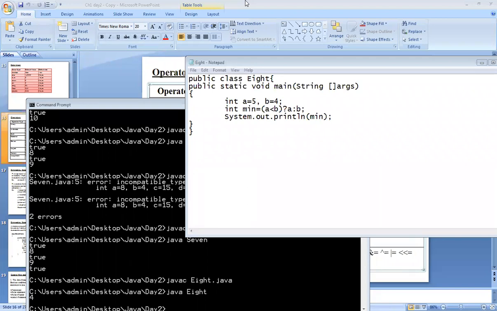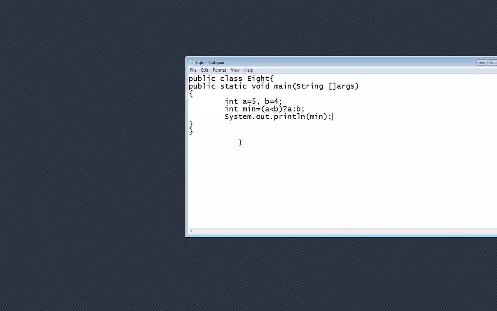Gorakshanath, you have used the ternary operator as well as if else. Why? Okay, so we will see his program. He has done it correctly, but he has made one change in his program.